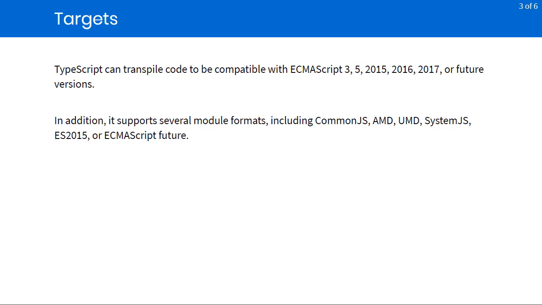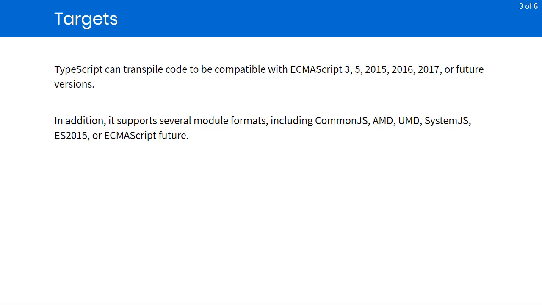Now, the advantages of going with the higher versions of the ECMAScript standard are, of course, you get the ability to use the more modern language features, and your code is probably going to execute faster. However, if you're constrained to deploy to legacy environments, then the ability to down emit down to even ECMAScript 3 in many cases is a huge advantage for your organization because it allows you to use the advanced language features that TypeScript supports, but still be able to deploy to those legacy environments.